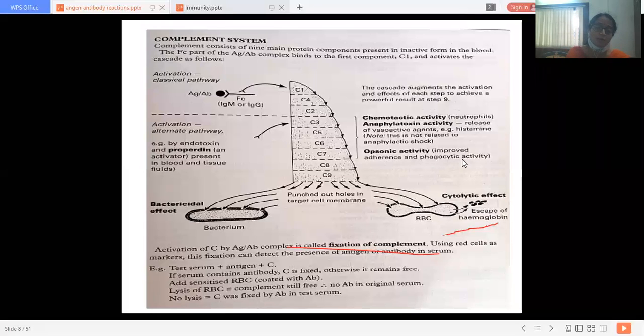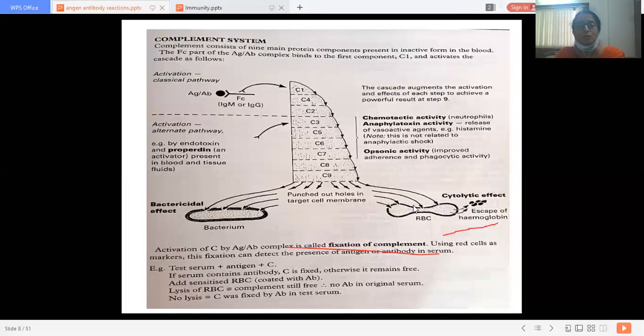We yesterday talked about neutralization and opsonization. In opsonization, phagocytosis occurs. Whenever the antigen gets attached to the antibody, and these antigen antibody complexes get attached to the macrophage with the help of receptors, the receptors attach to the antibody with the Fc component, and the antigen antibody complexes get engulfed by that particular macrophage. We call it opsonization.